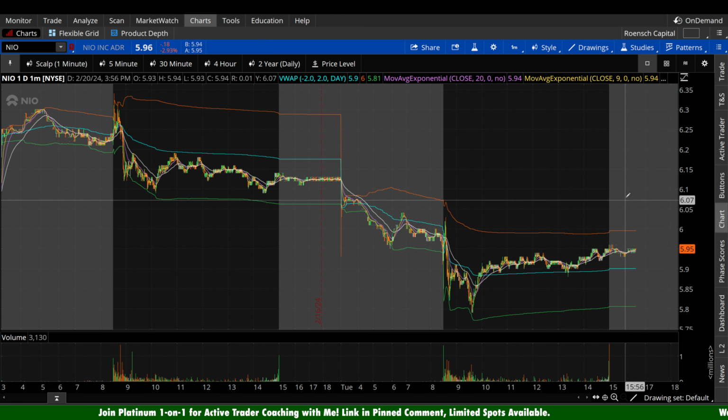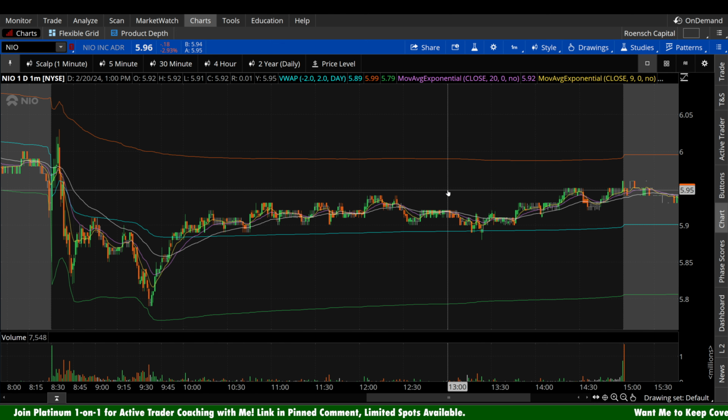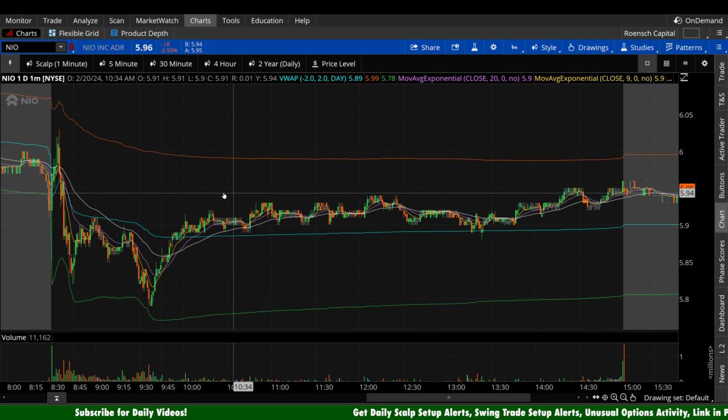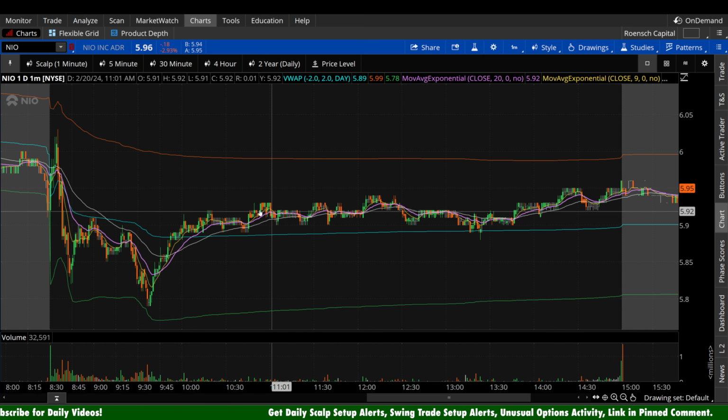And let's do that starting here on the 1 minute chart. You guys know I'm a scalper at heart. That's what I do every day. So I think I need to at least briefly take a look at the 1 minute to see if there were any opportunities to generate some revenue intraday that we can maybe look to replicate here tomorrow. Now, here on NIO, this is, I think, a lot more of a day-to-day play, because you notice here